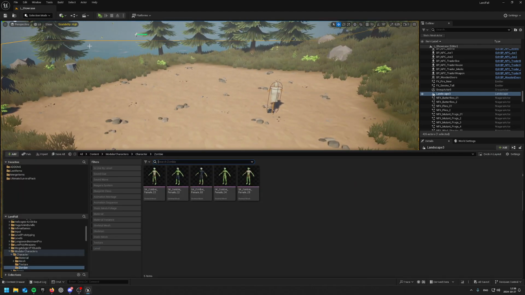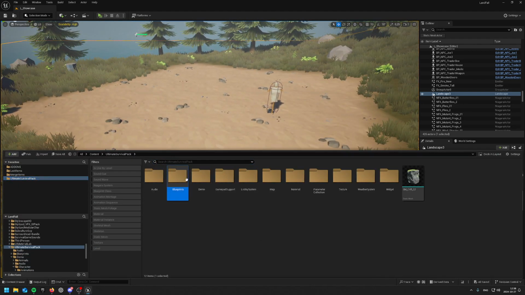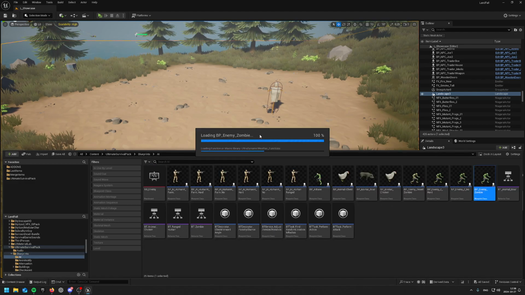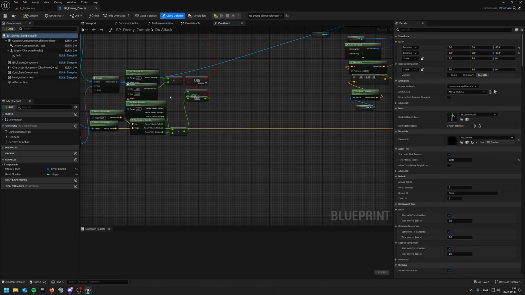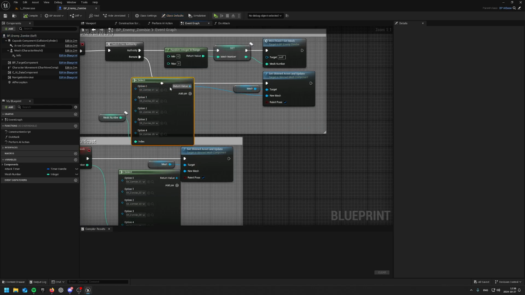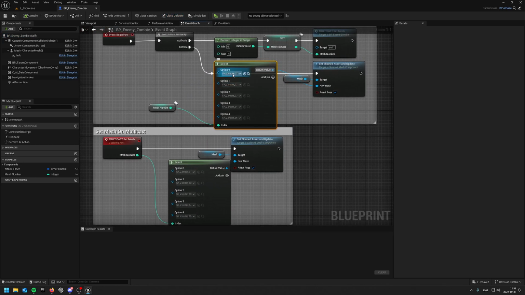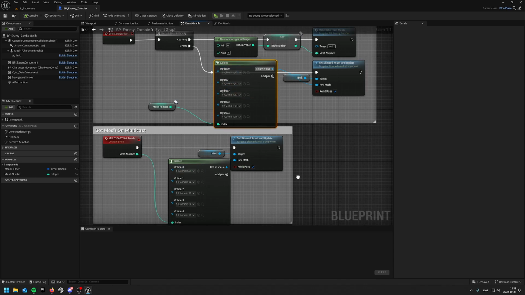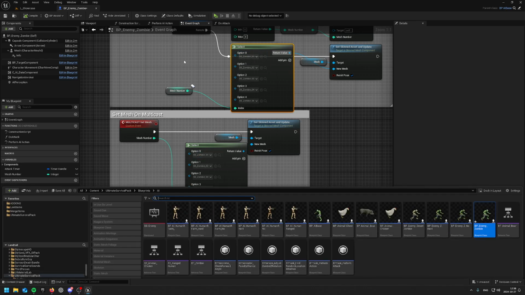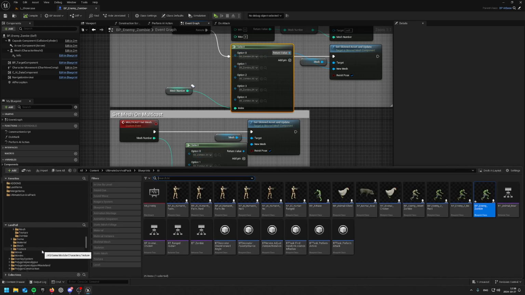Now you go back to your zombie in the AI and the BP and me zombie. If already open, that's cool. You go back to event graph, and in event graph where it's selected, you need to put the good one, the good one here in the bottom, you see? So both will be the same. So if I go back to my zombie here,